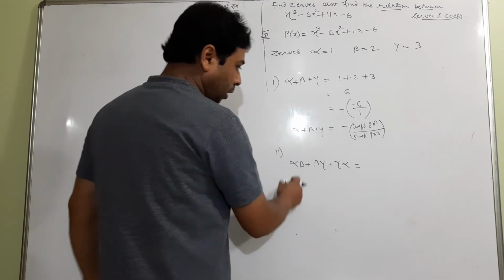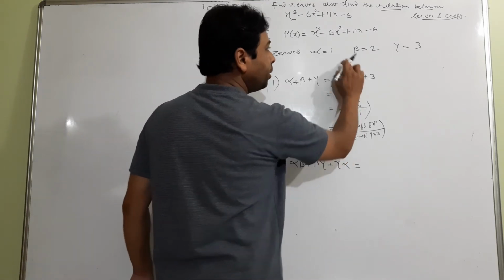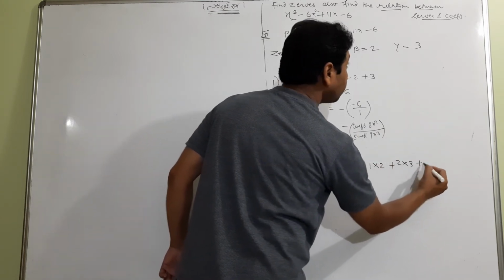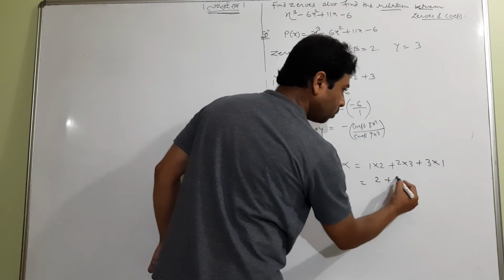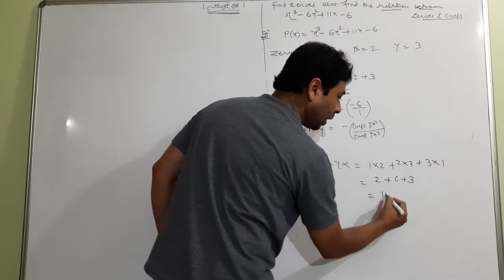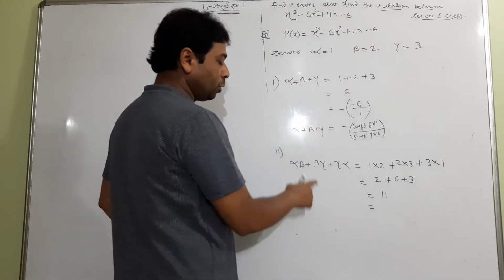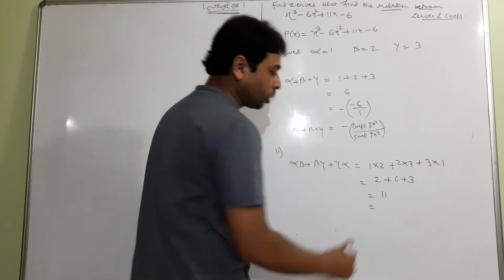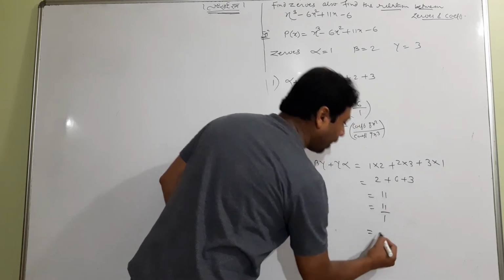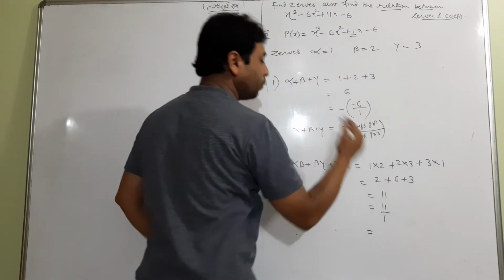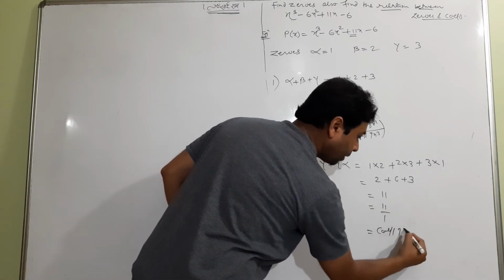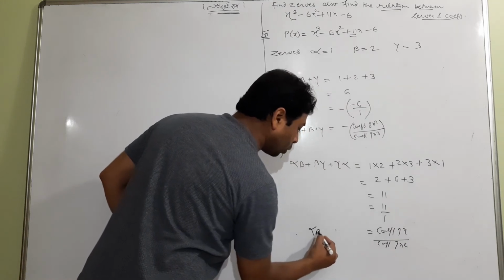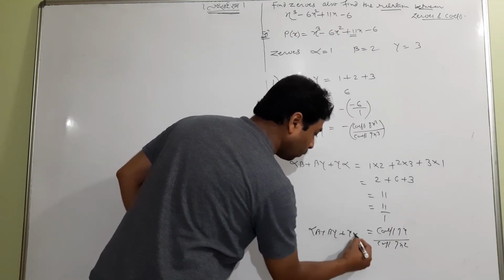So now I'll go through this. Alpha beta 1 times 2, then 2 times 3, then 3 times 1. What comes? 2, 6, 3: 6 plus 3 is 9, 2 plus 9 is 11. Wow. And it is positive. So remember alpha beta, beta gamma, gamma alpha is always positive. We got a positive. I'll write 11 upon 1, and look at what 11 is: 11 is the coefficient of x upon the coefficient of x cube. It is always positive. Remember students, always positive.